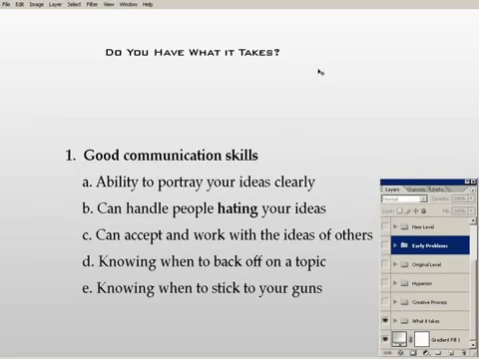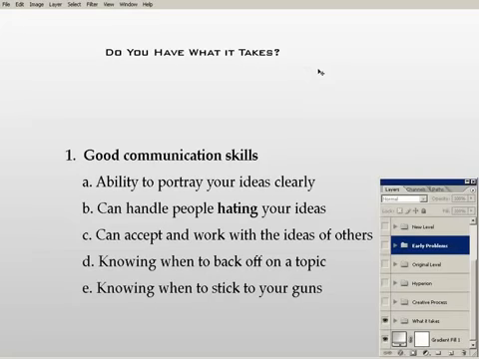B, you need to be able to handle people hating your ideas. Oh, that's huge. You need to steel yourself for someone walking in and going, that is the worst idea I've ever heard, and you are going to destroy the company with ideas like that. Maybe not that bad. I would prepare myself for that level of hatred and how you're going to deal with it, because that way, when you stay up all night working on an idea and somebody comes in and goes, I'm just not feeling it, then that's not that big of a deal, because you were ready for them to come in and just throw a full wine bottle at the screen.